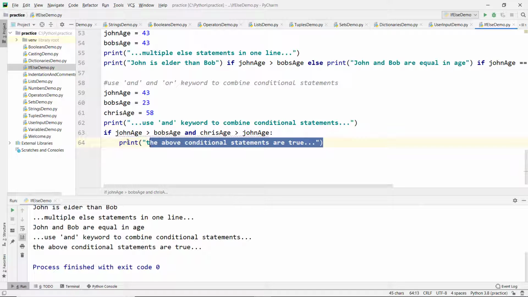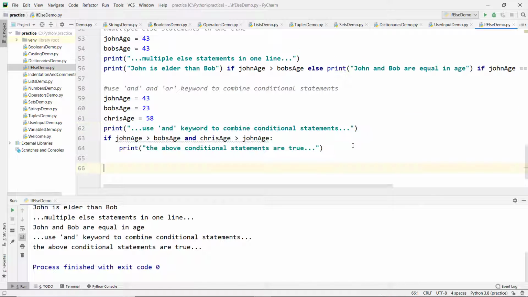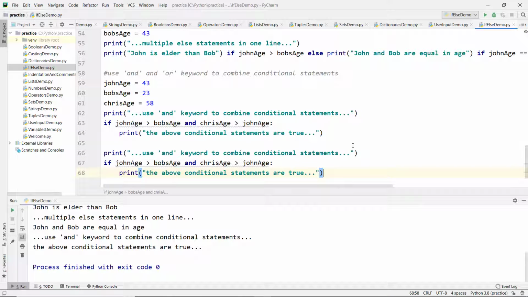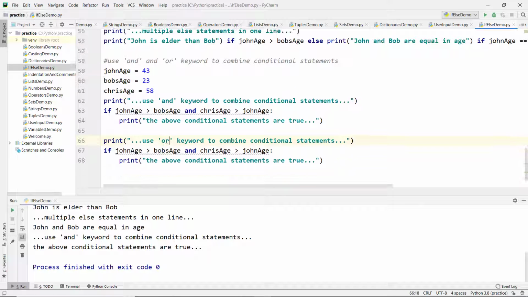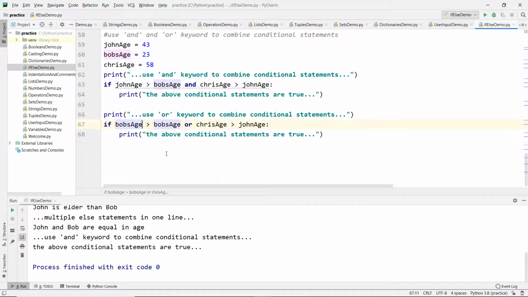So let's take this and try to use the or condition. Use the or keyword. Let me take Bob's age greater than John's age or Chris's age greater than John's age. So in this case 23 greater than 43, so this condition is false, and 58 greater than 43, so this condition is true.